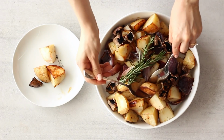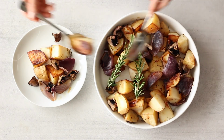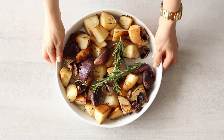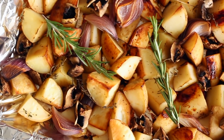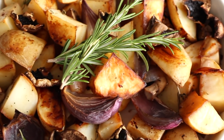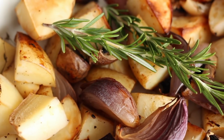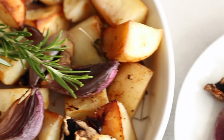And I'm just serving some on a little side plate for myself to do a quick taste test. The chef always deserves that. And that is my healthy holiday roasted potato recipe. It feels quite festive to me using the rosemary and the thyme, and you can have it with whatever main course you'd prefer. I usually serve this with roast chicken as well as the next side dish that I'm about